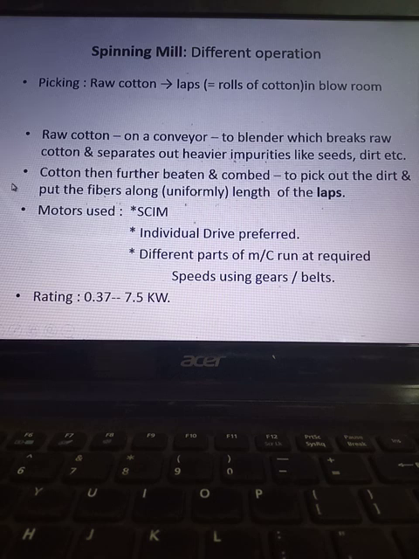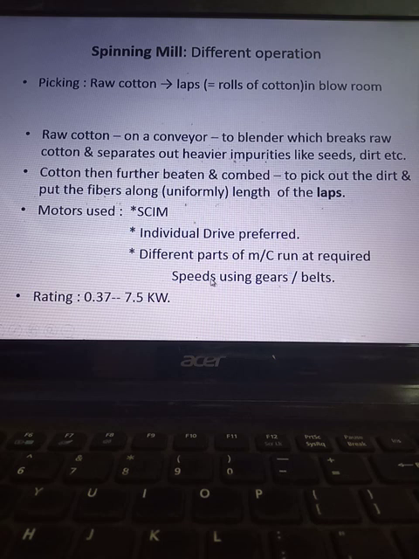So that being the process, what are the drives used? Please observe carefully. The drives used are typically squirrel cage induction motors, and typically here the individual drive is preferred. Each operating point has its own drive, and in this case the blow room, the spinning mill, the different parts of the machine run at required speeds,